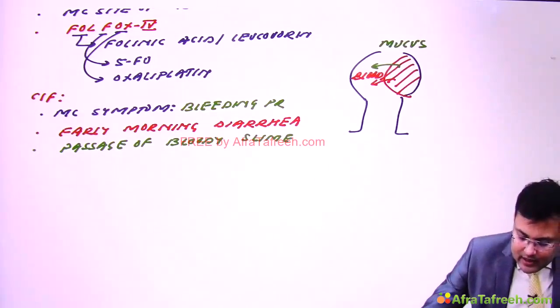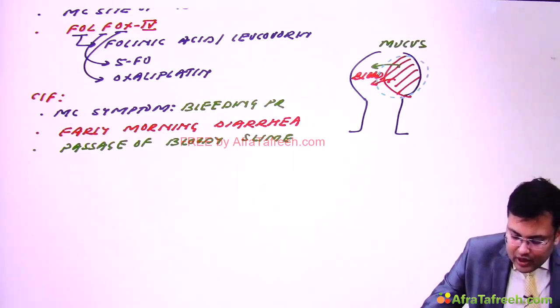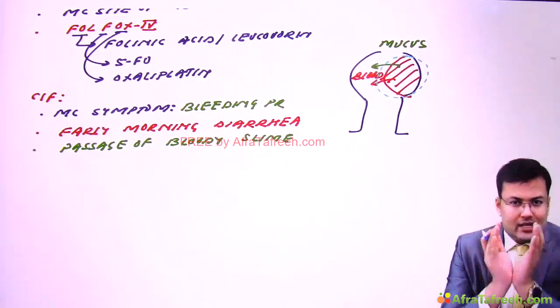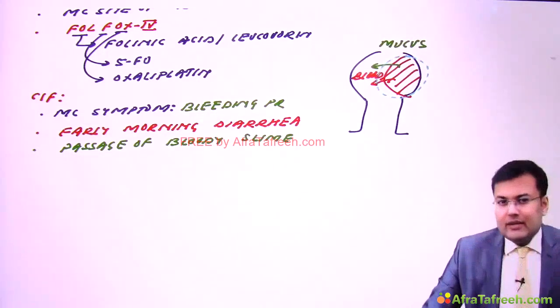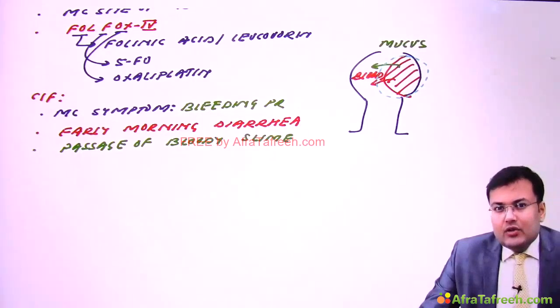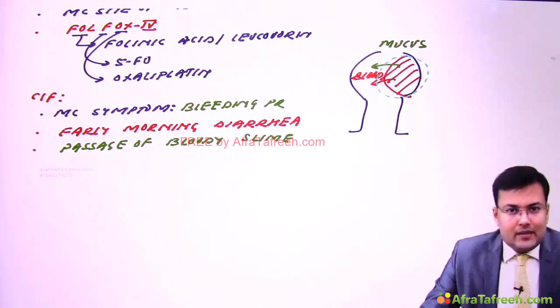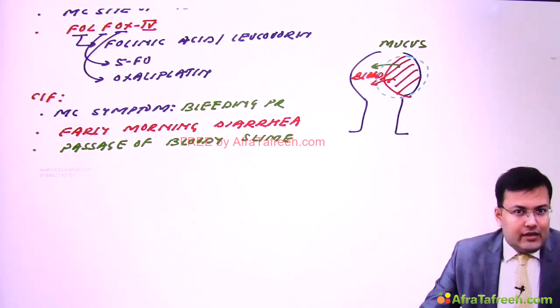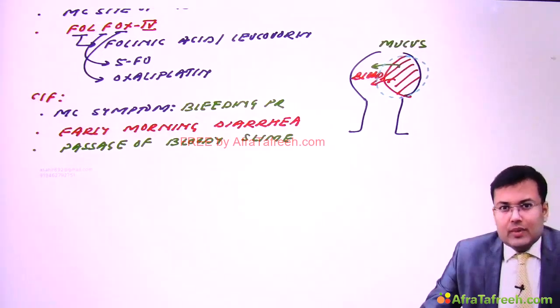Now see here, some part of rectum is already occupied by the malignancy, and you know that rectum is a fecal reservoir. So if the malignancy is going to occupy the rectum, there is little space available. So what will happen? Every 3 to 4 hours, this part of rectum gets filled up with mucus, blood, sometimes stool. So every 3 to 4 hourly, patient is going to pass the stool.